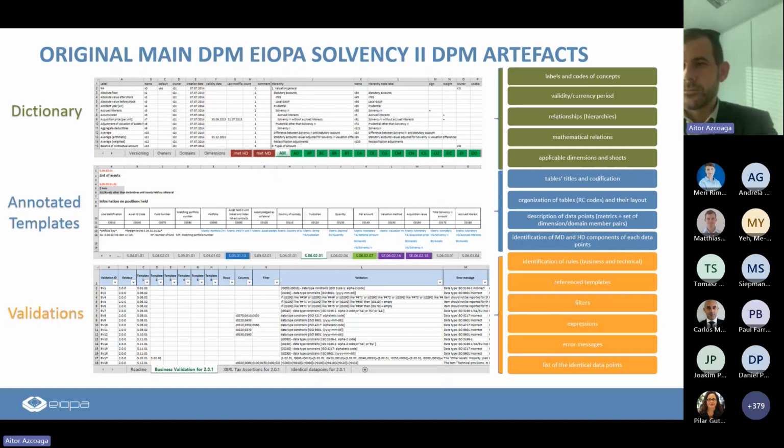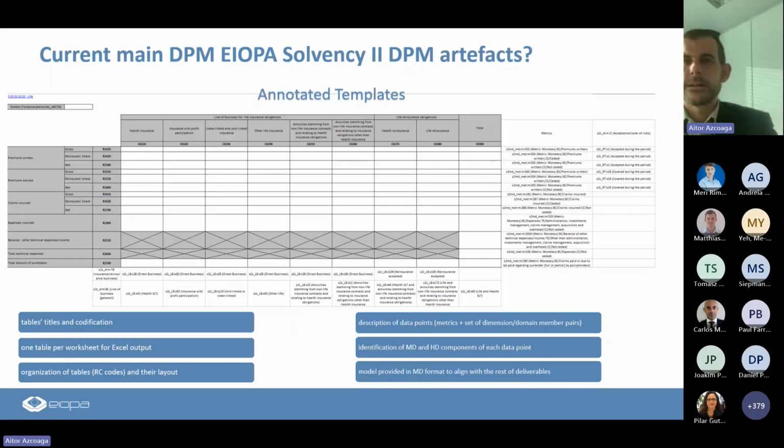Now, currently, we have a much more mature and, in several ways, stronger approach, which is that we are now using another software solution, a commercial software solution in this case, and we are providing the deliverables in a slightly different way. So now we have the annotated templates, which provide similar information as before, but also a little bit more, because this time they are generated from the DPM database.